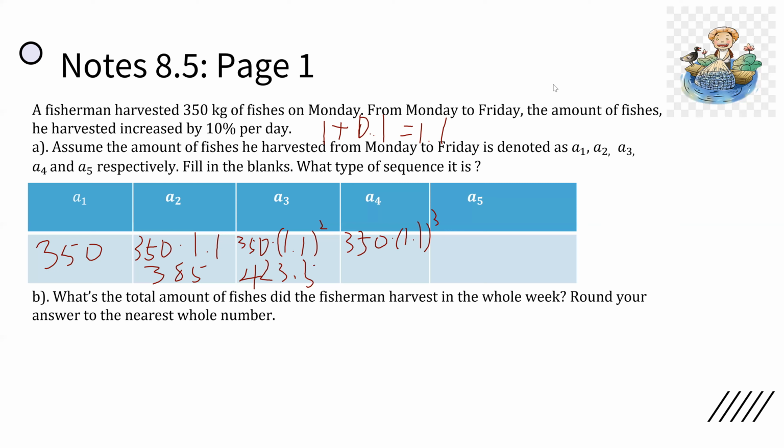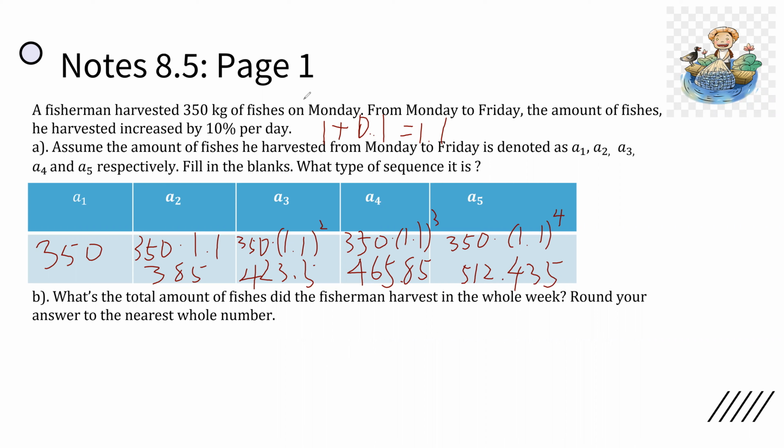This will give you 465.85. So for A sub 5, that will be 350 times 1.1 to the power of 4, which gives you